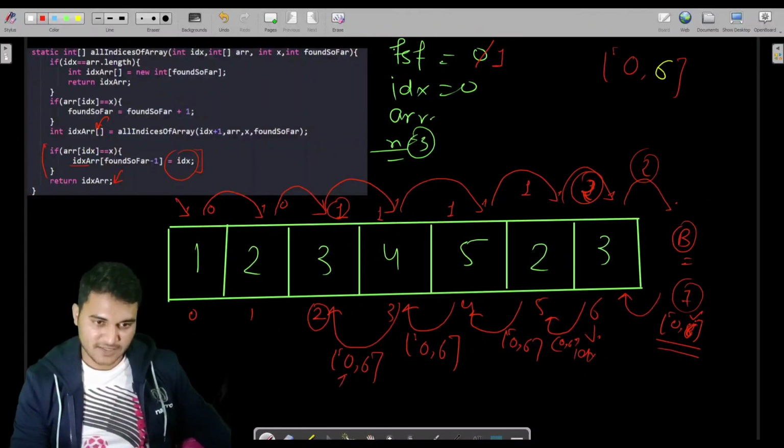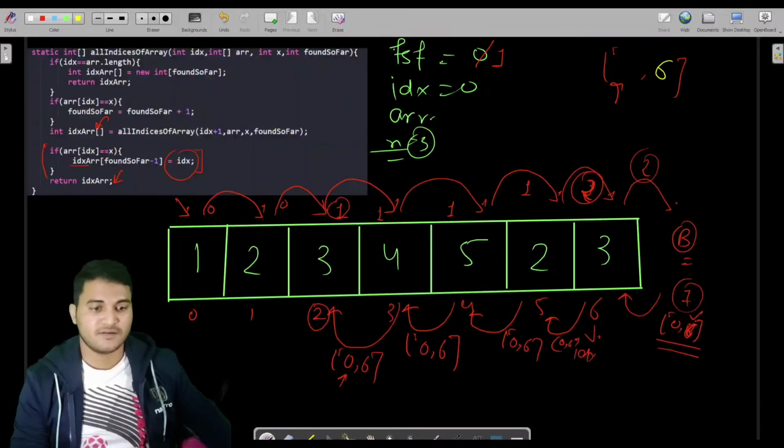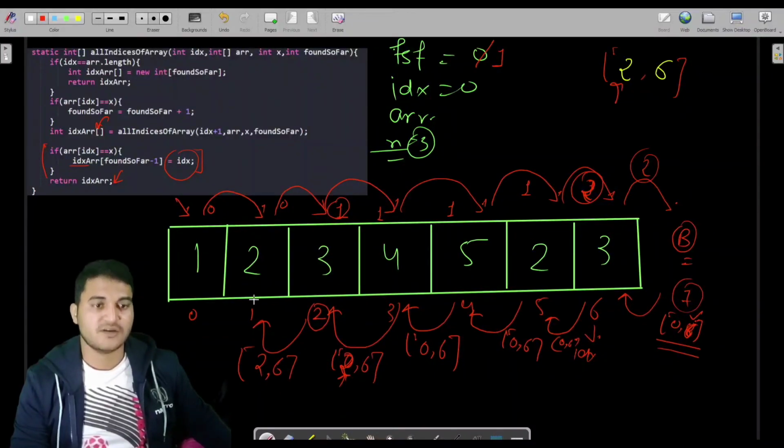So at this index we will store what? 2, which is the index of 3. Fine. Now this array would be modified to this value, and this particular array would be written from here, which is 2 comma 6. Now this will check again.